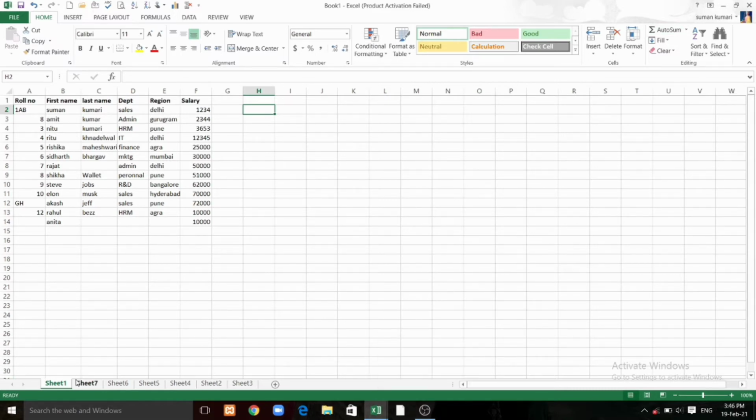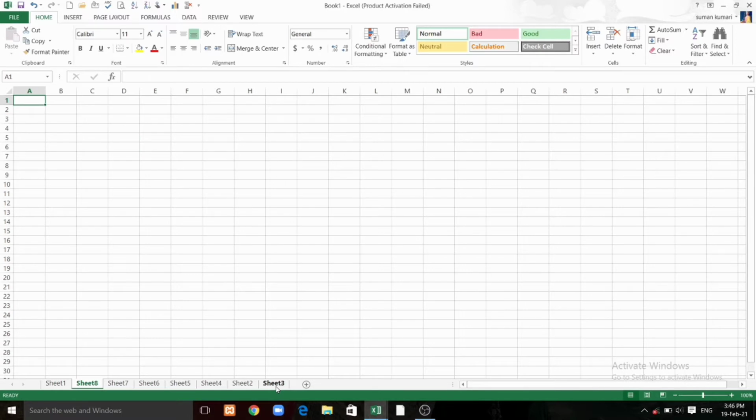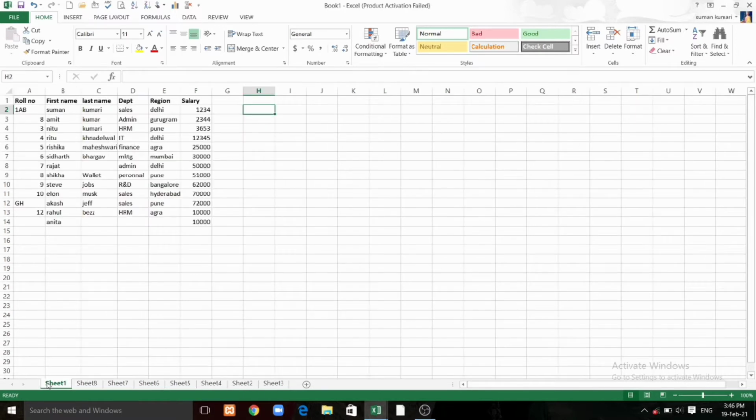and we can create 255 worksheets under a single workbook by clicking on this addition sign. So we can create 255 sheets like this. After that, there are rows and columns in a worksheet. The columns are shown by the letters A, this is a column, this is also a column.